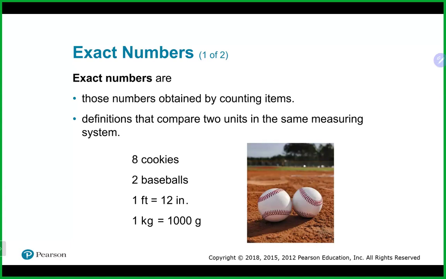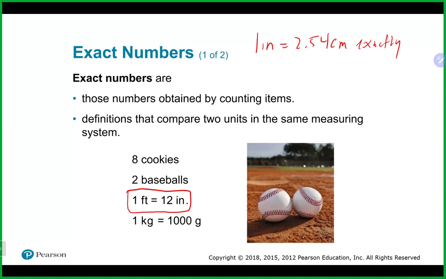They are either a definition, and by definition is something like this, like 1 foot is exactly 12 inches. 1 inch is 2.54 centimeters exactly. These are definitions. They're also what are sometimes referred to as equalities. And these are exact numbers. The other way